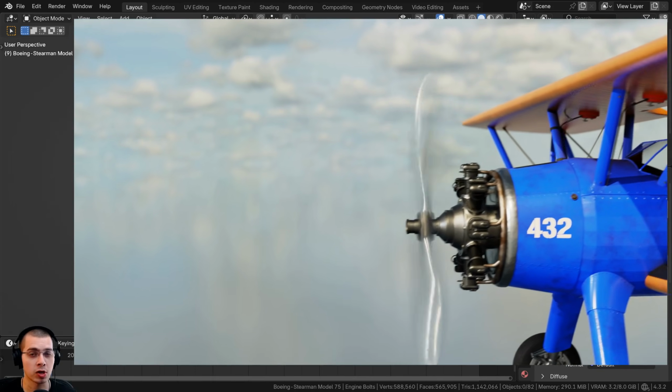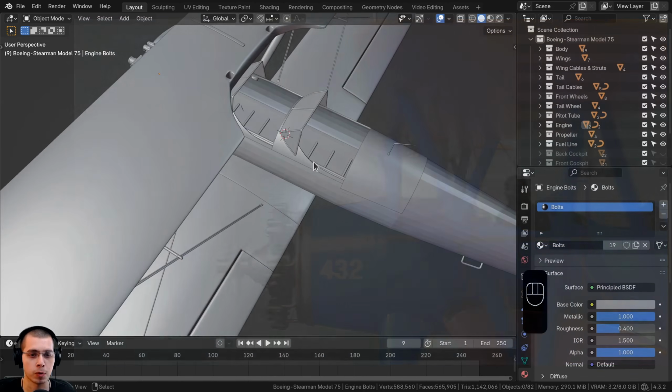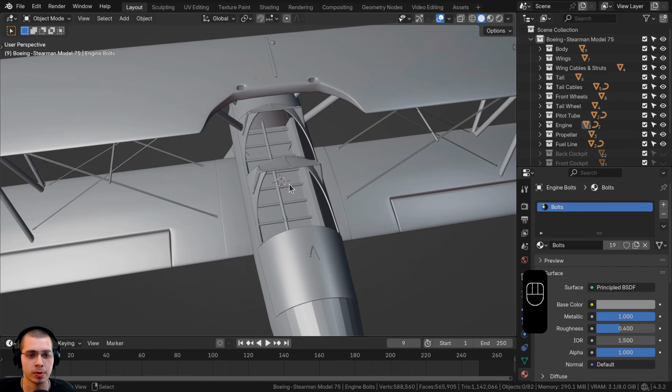So in this part, we're going to be doing all of the materials for the cockpit and the instruments inside